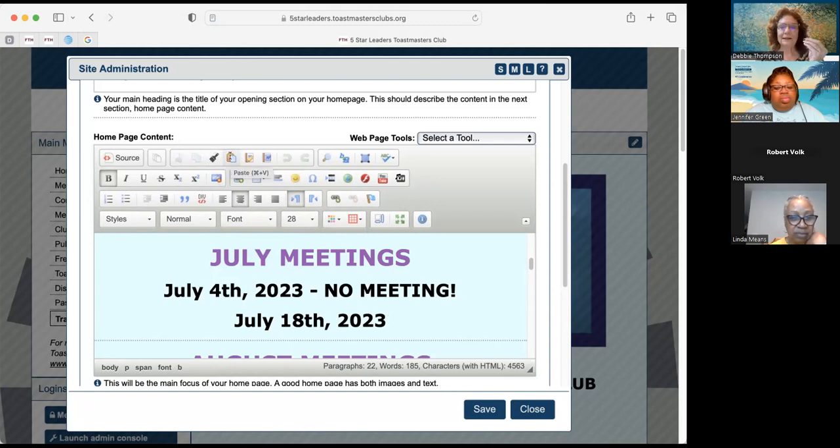So it's telling me what it is if I hover over it. This is paste. This is paste as plain text. This is bold. This is image. Okay. Now there's one here that says maximize, minimize.